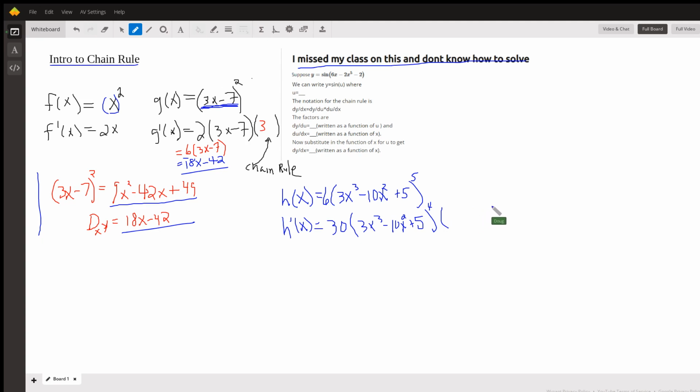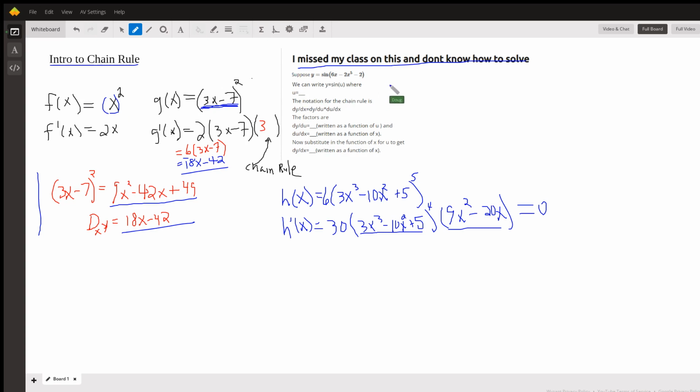minus 20x. And one of the things that you'll be doing with derivatives is figuring out when it's equal to 0. So if we had to solve this equation equal to 0, we would solve this part right here. When does 9x squared minus 20x equal 0? When does this expression equal 0? And find out when the first derivative equals 0, and that will help finding relative maximums and minimums of the